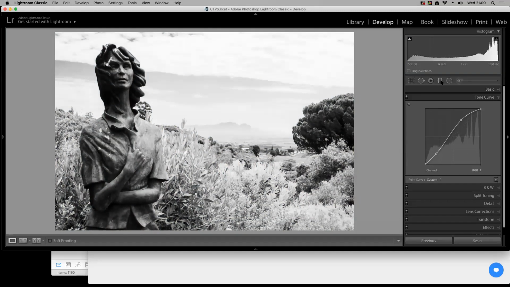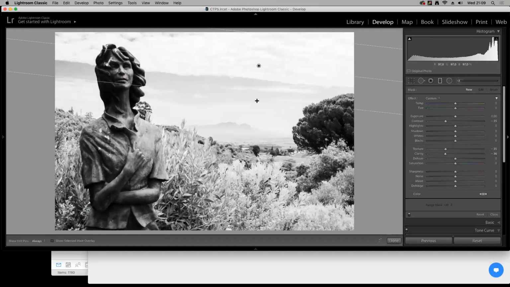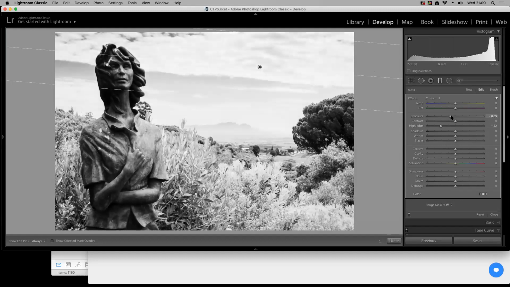I'm a little concerned about this highlight detail in the sky. So what I'm going to try to do there is pull a little bit of highlight detail back and a little bit of exposure back, just so we don't lose all of the texture out of the sky. Like